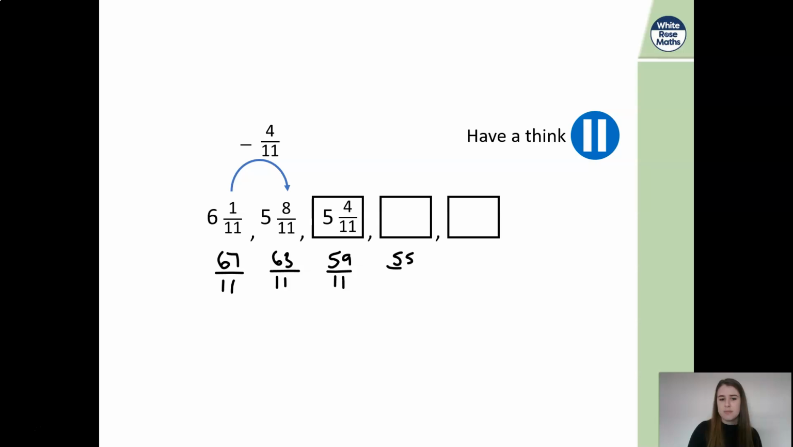Okay. So 59 take away 4 is 55. If we convert that, that's going to give us 5 wholes, okay? Because 11 into 55 goes exactly 5 times. So then I'm going to do 55 taking away 4, because it says here I've taken away 4 to get from this